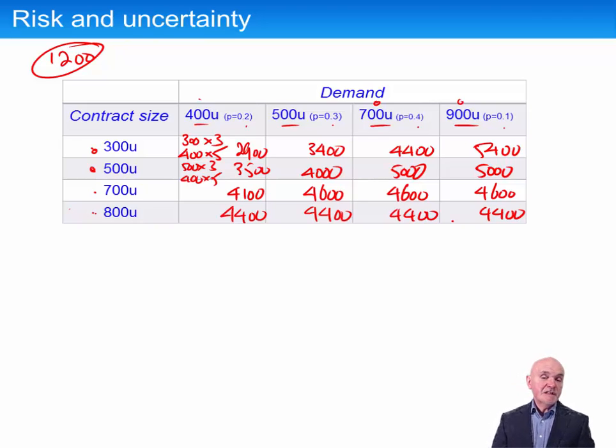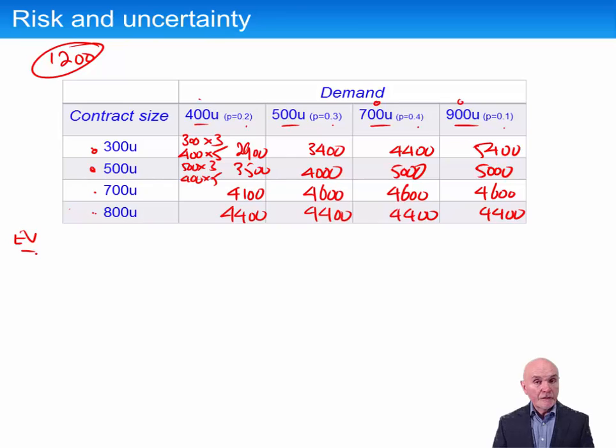So here we have 16 results, and what we have to do is find a way of dealing with these 16 results. And the first approach, and the only one which uses these probabilities, is what's called expected values. And here's where you weight or multiply each of the outcomes with the probability that it's happening.